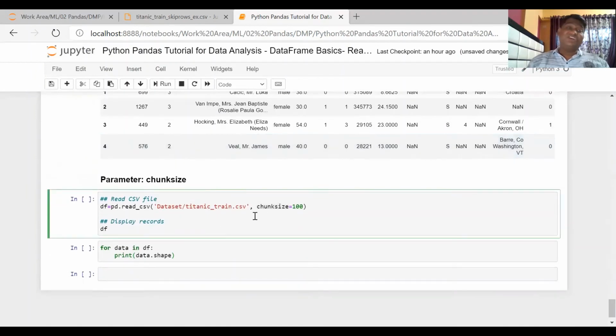Now the next one is chunk size. In order to do data science projects, sometimes you have very, very big files. The data is available in very big files, 10 GB, 20 GB, depending upon your data set, depending upon the company you are working for, and the data size they are storing. Suppose there is a CSV file holding 10 GB of space. In short, it's a very big file containing millions of rows, and now you want to read it.